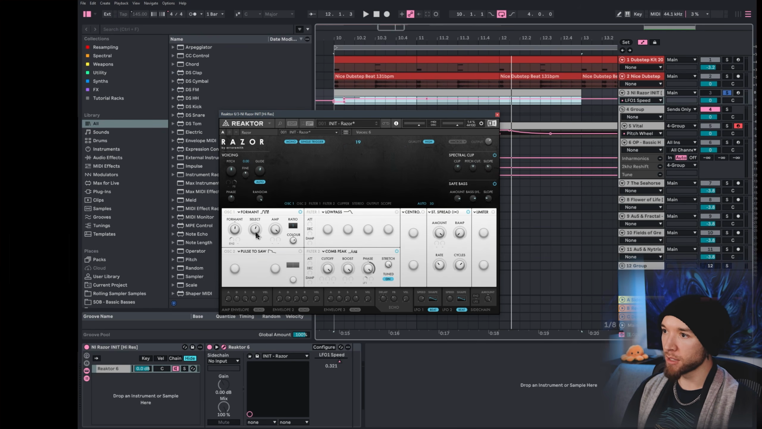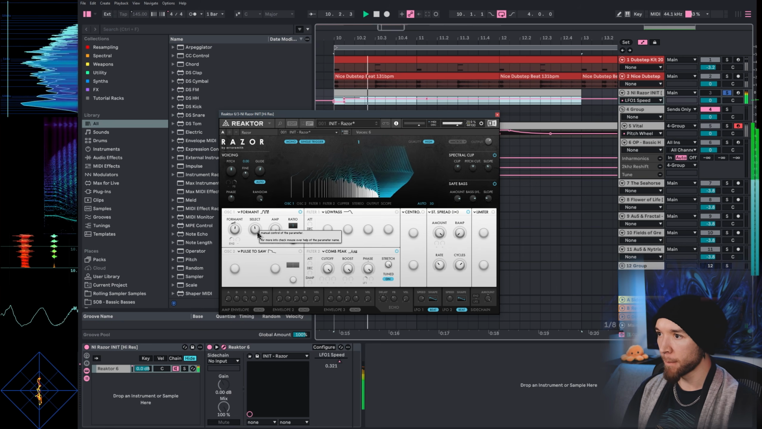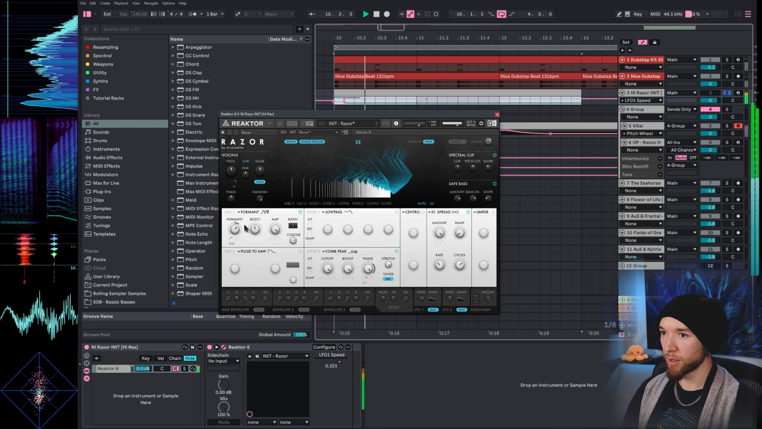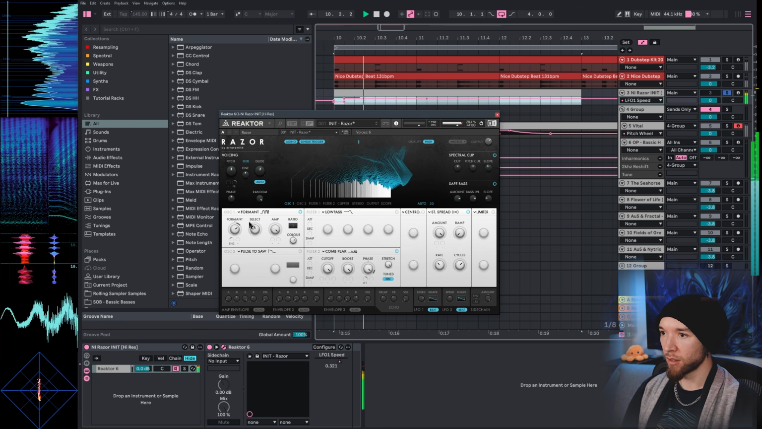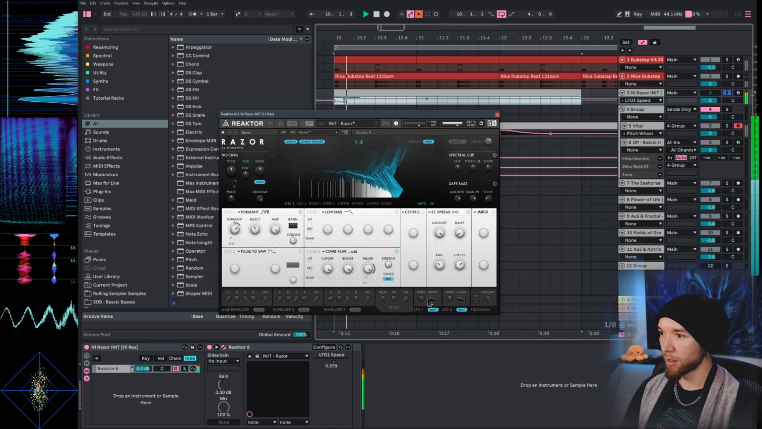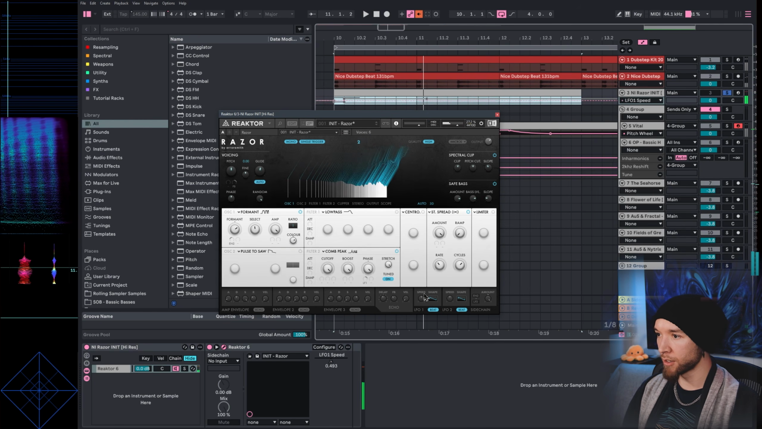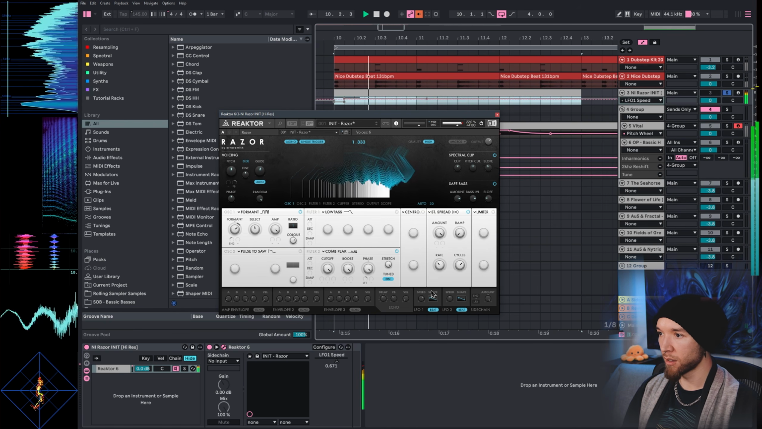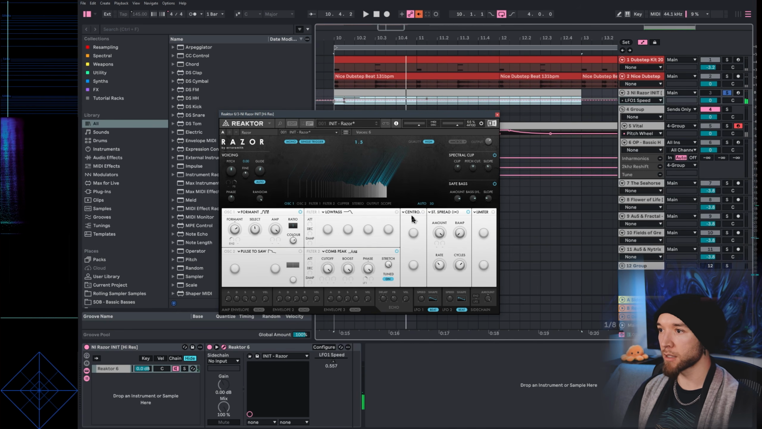Now I can choose different Formant selectors. I could try different ones to get different effects like that. I could adjust the LFO speed. Another unique thing that Razor has